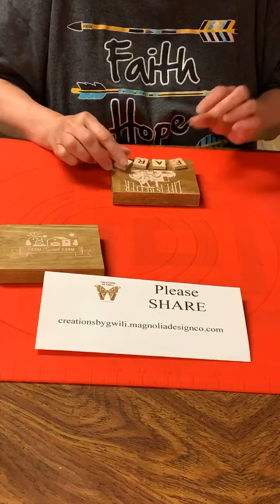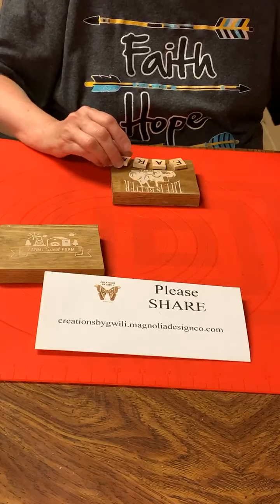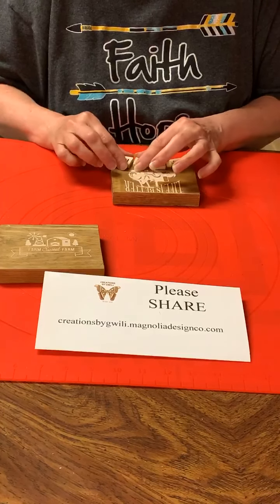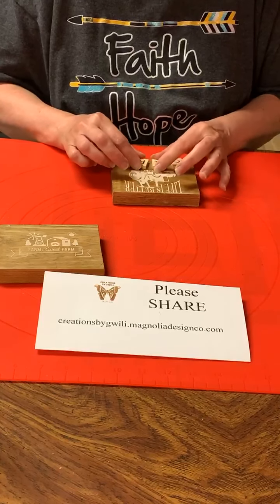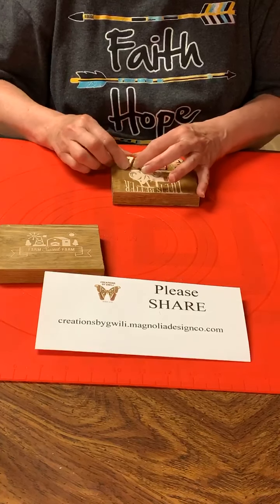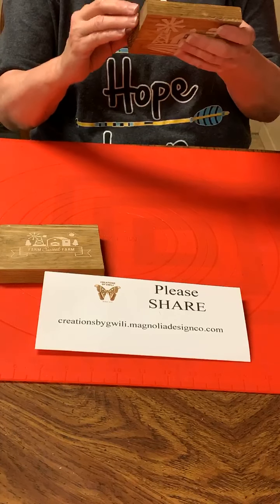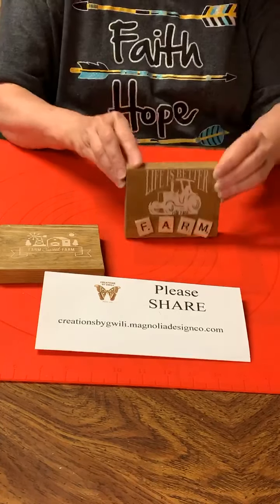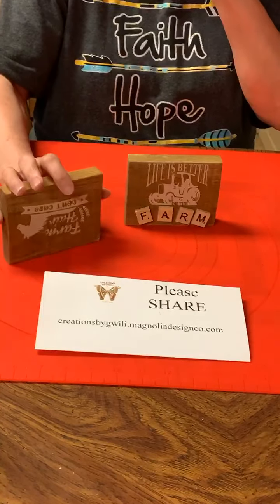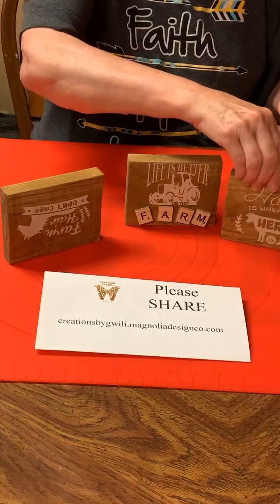Be able to read on the farm. And that's not perfectly spaced, but you know what? Handcrafted things are not perfect. Life's not perfect. Yeah, that's not spaced like I would really like it, but you can see. But that's how you just kind of change it up a little bit. But now these, they are about 1 1/4 inches thick, I think, and they just make really cute shelf